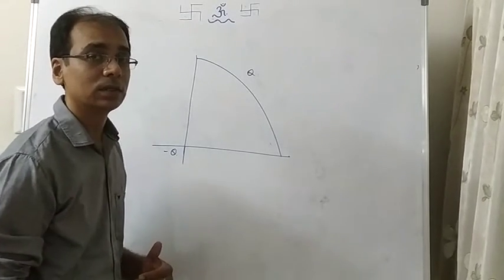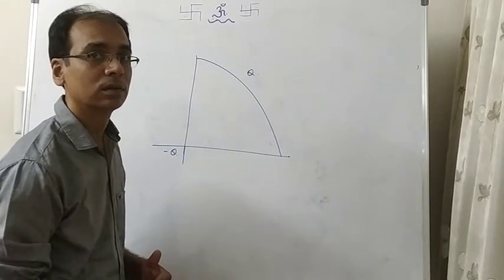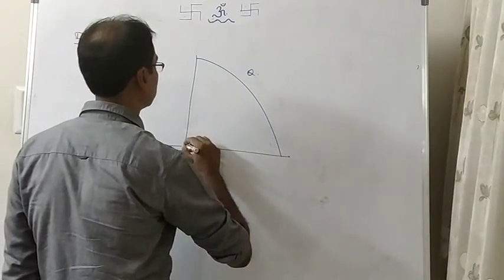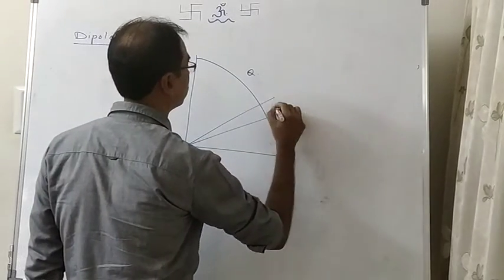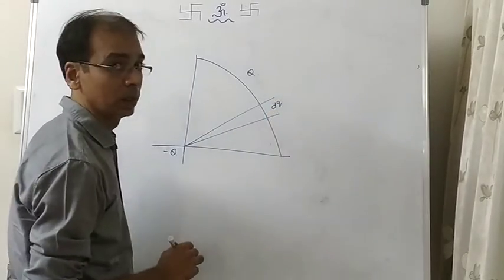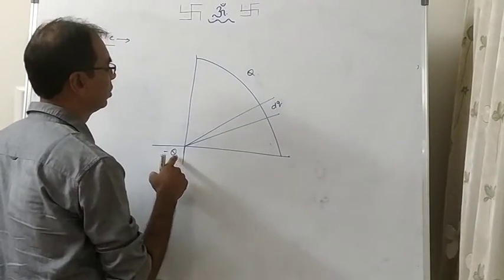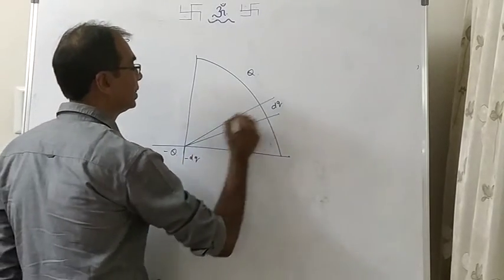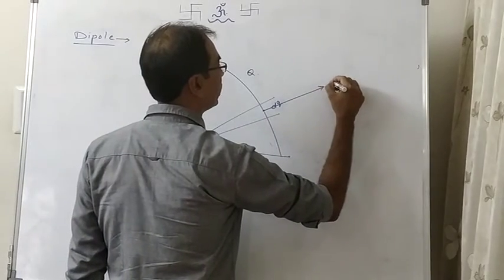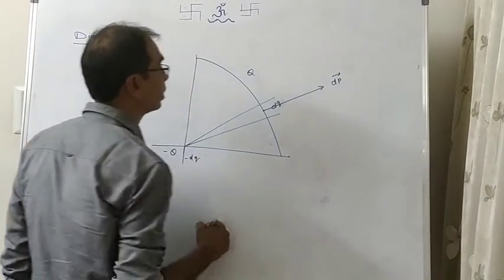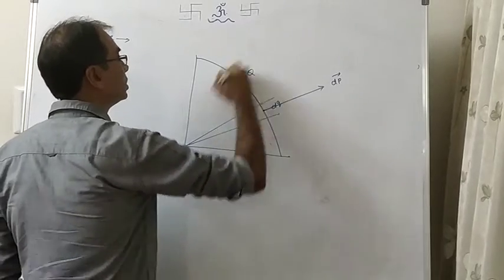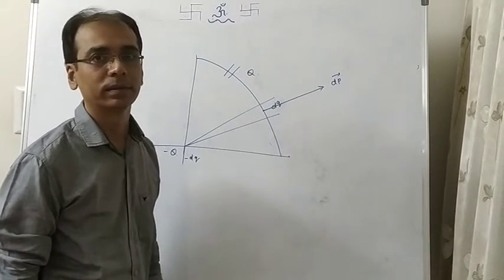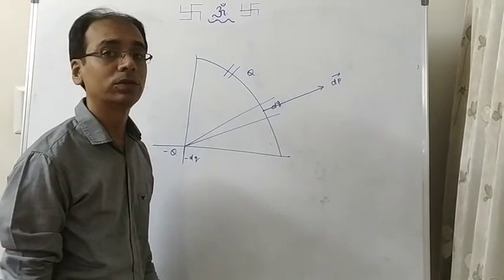So can we directly write q into r as the answer? No, we can't. Reason? The reason is every element that you are going to take in this one, suppose I am going to take this element, that's dq. Now because of this dq, if I consider here also a portion minus dq, then the element's direction will be like this. This is the direction of dipole moment. We can say dp. But if suppose the element I take over here, its direction will be like that. So directly we cannot add. Do you understand that?